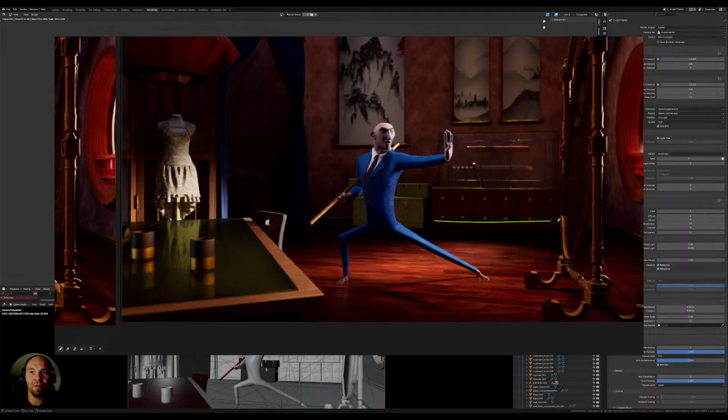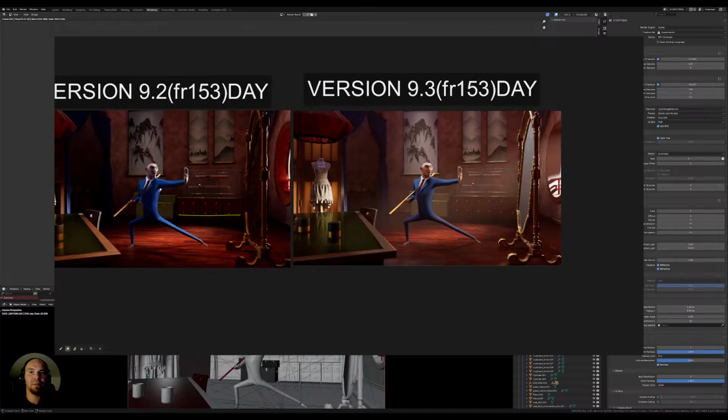Now looking at it, maybe we still need to add a bit more ambience here, but then in our